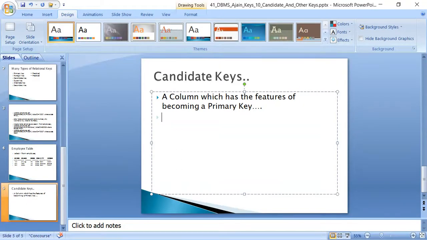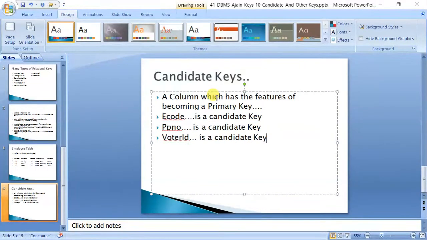So E code is a candidate key, passport number is a candidate key, and voter ID is a candidate column, or let us call it key. So it is a candidate key, it is a candidate key, it is a candidate key.